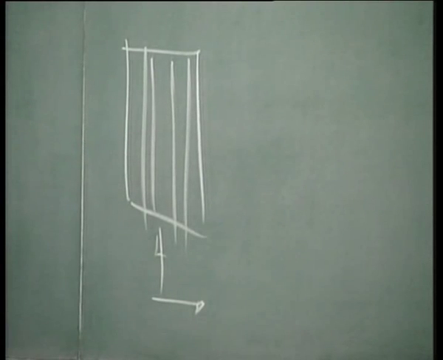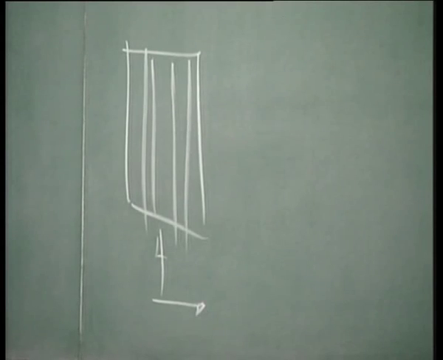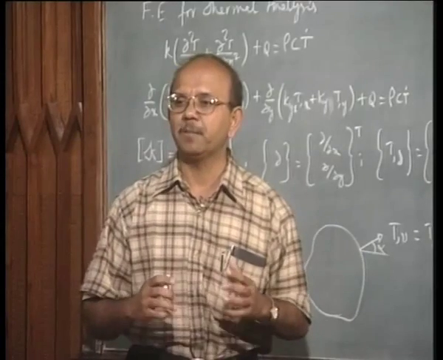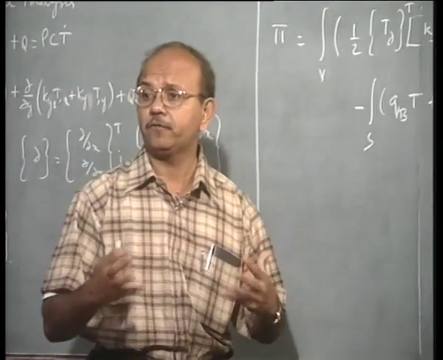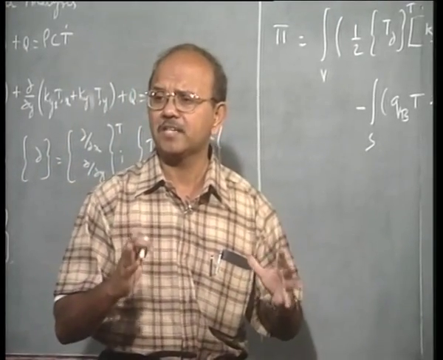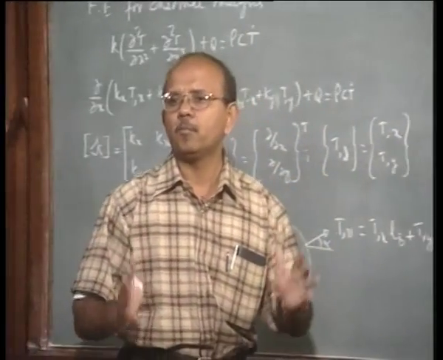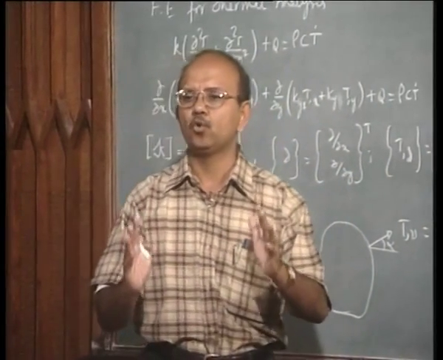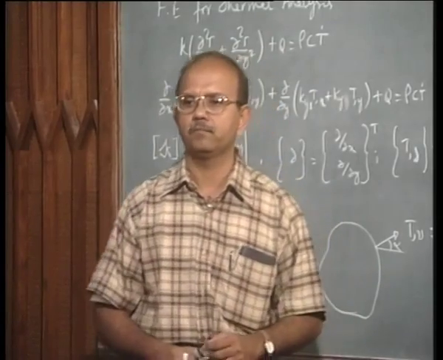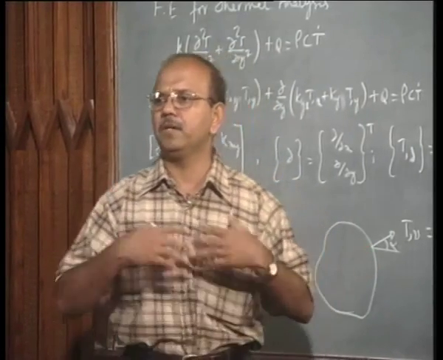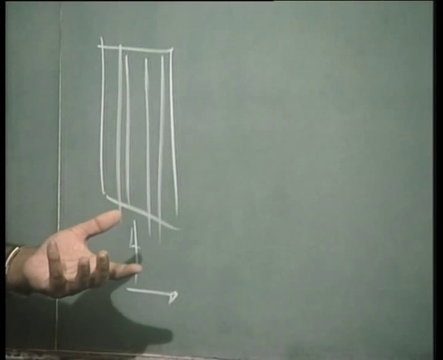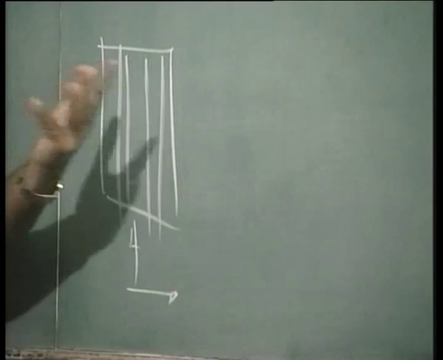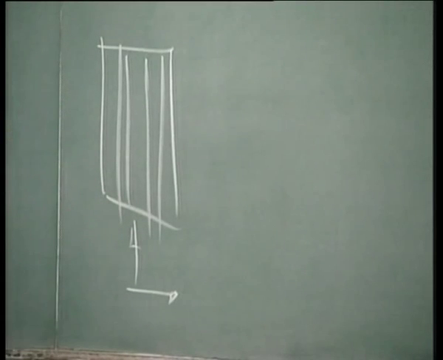Suppose I say like this, and these two, the 1 and 2 directions, are fixed. But due to some reason, I may shift my x and y axes. In other words, it is not necessary that my x and y axes coincide with 1 and 2. I just put a simple figure where x and y can be chosen like this, but the picture may be more complicated than this.